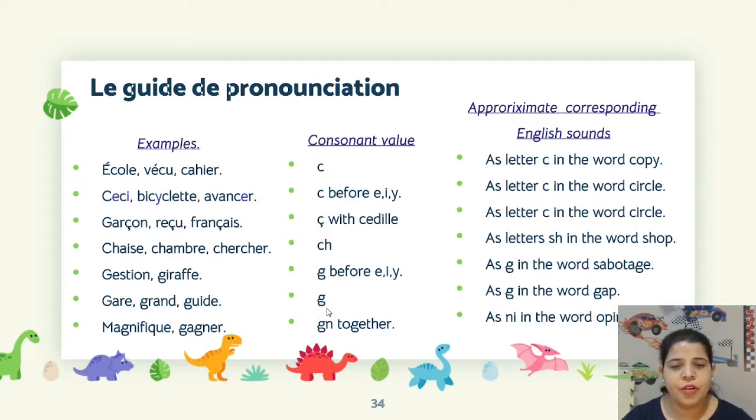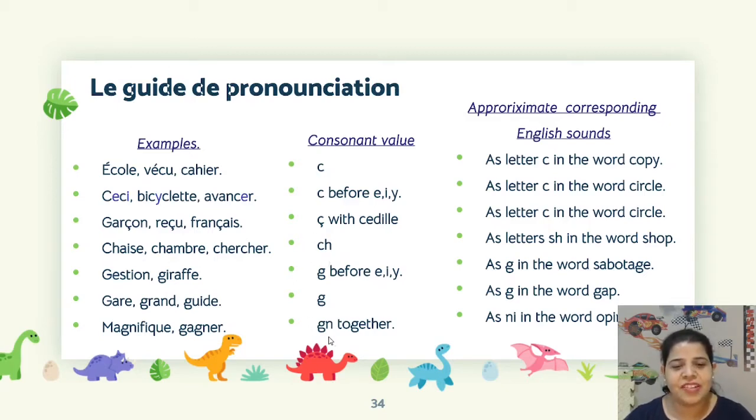If it is followed by any other letter apart from these three letters, it has to have the soft sound like G, like in the word gap in English, and gar, grand. It's a soft G. And also, same like the CH combination,